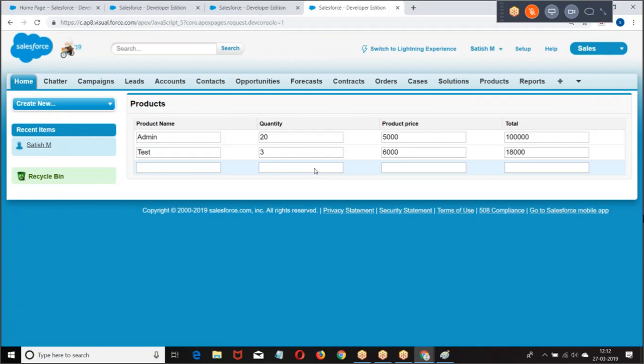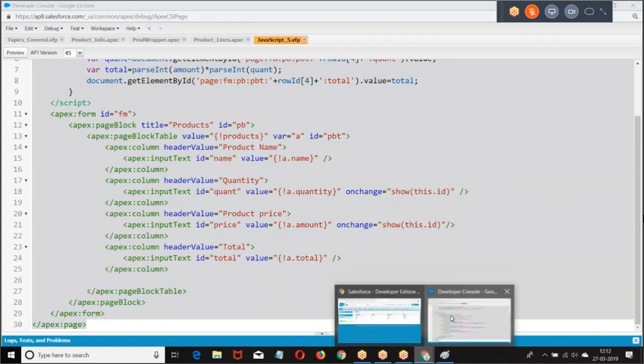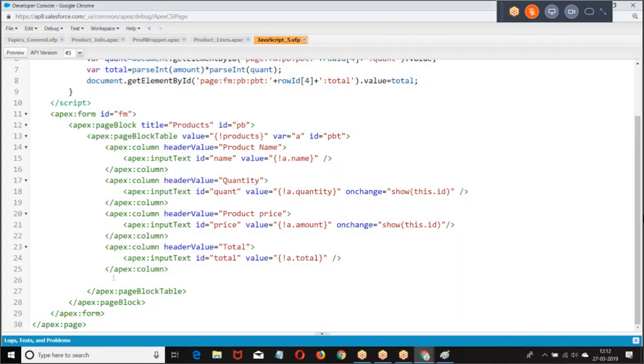Was it clear? But I want to give one extra condition. What is that extra condition? Look at the point. I want to give an extra condition.